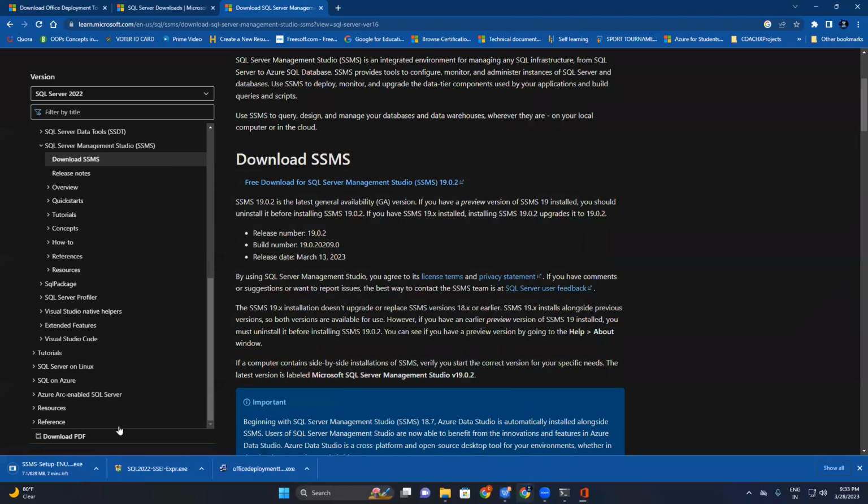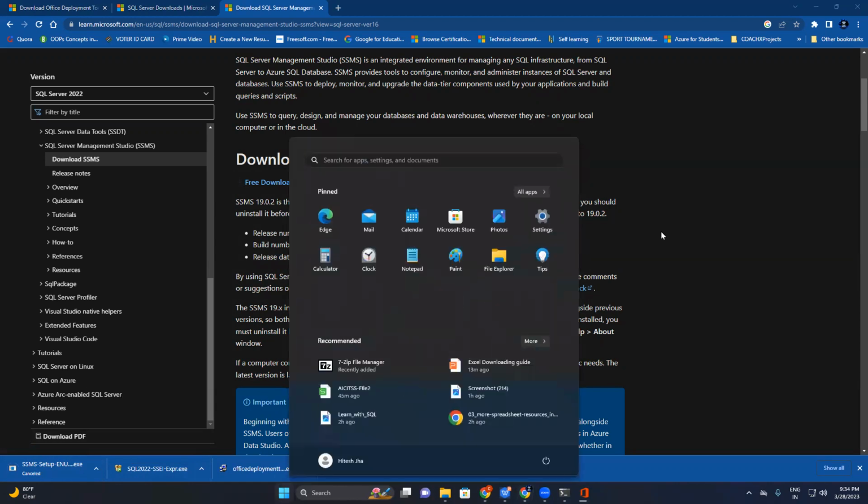Okay, now save this. It says 621 MB. After downloading, you can open this and install the things. After installing everything, on your Windows search bar, you have to type